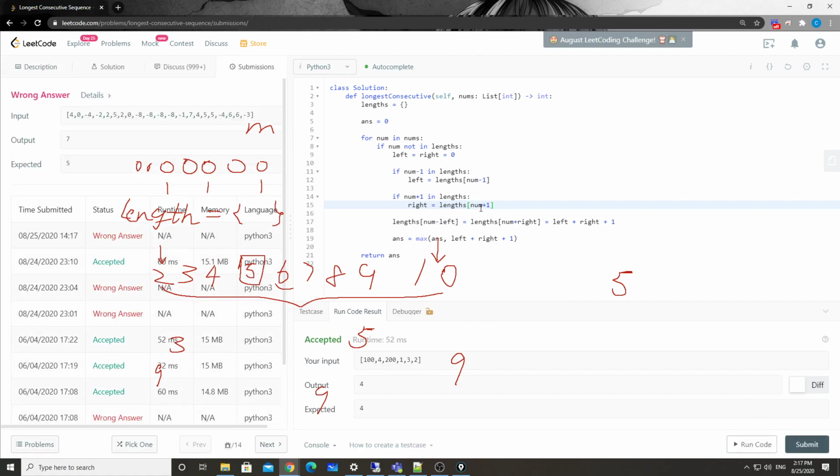Let's try to submit. See, this one failed, because, so why is that? Because we didn't add the current number into our hash table here, so that when we have like a 5 here,